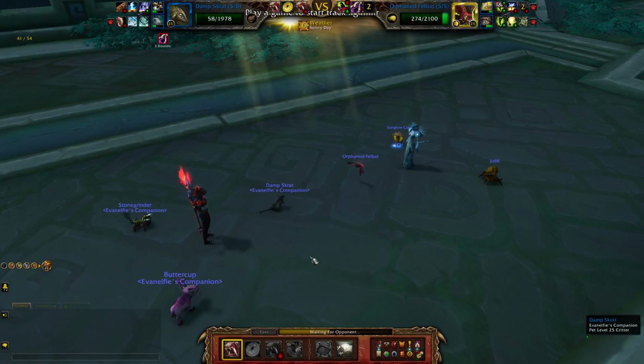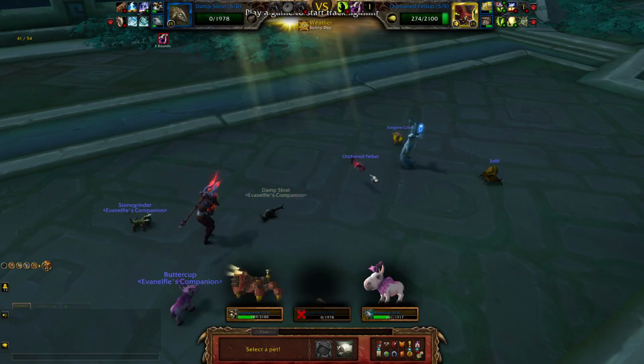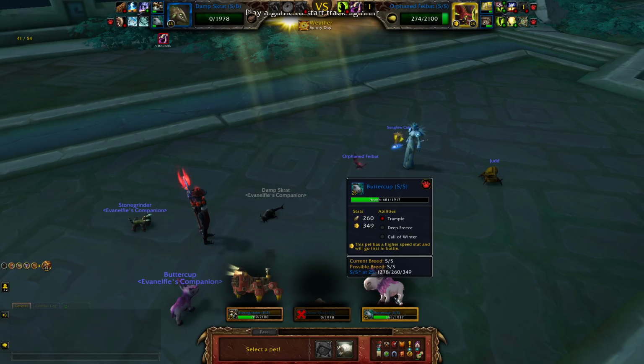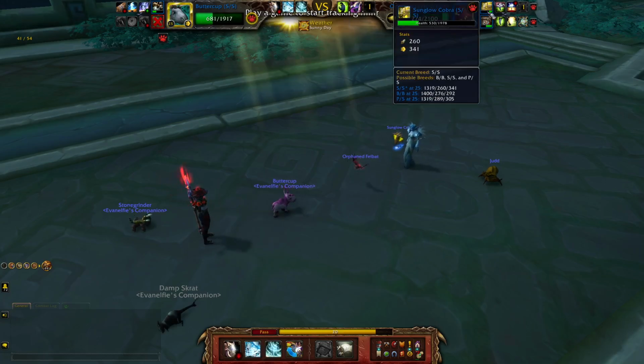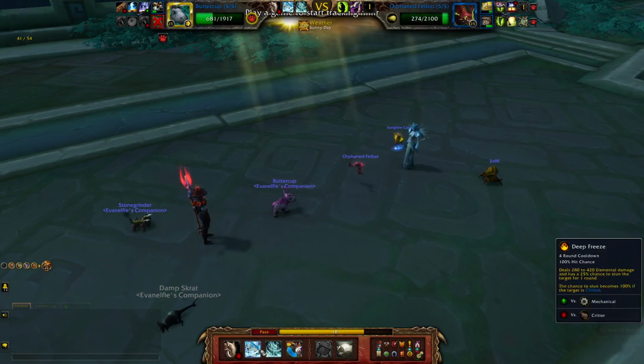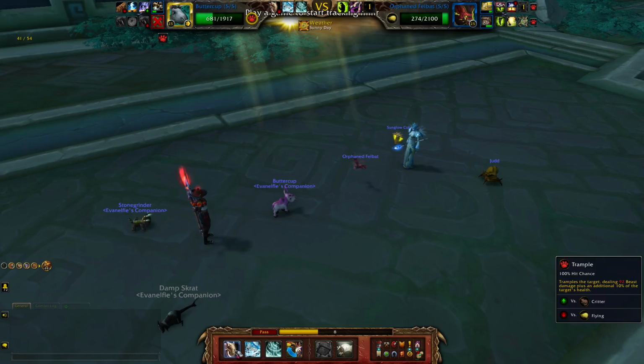Let's just take the L. And that gives us a free swap into somebody. But who should that somebody be? I want to bring in Buttercup. I think my best move is to just use the Deep Freeze as a kill shot, because Trample probably isn't enough damage to kill him. 92. I don't think that's enough damage. 10% is...